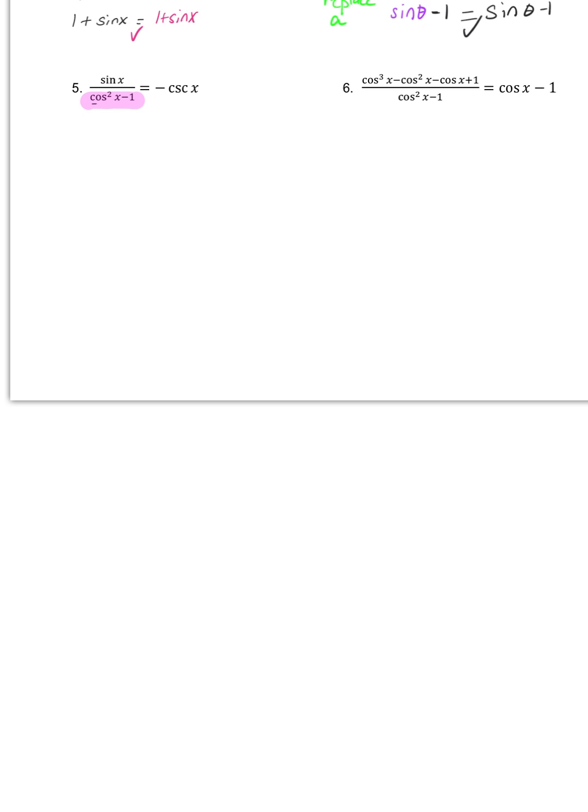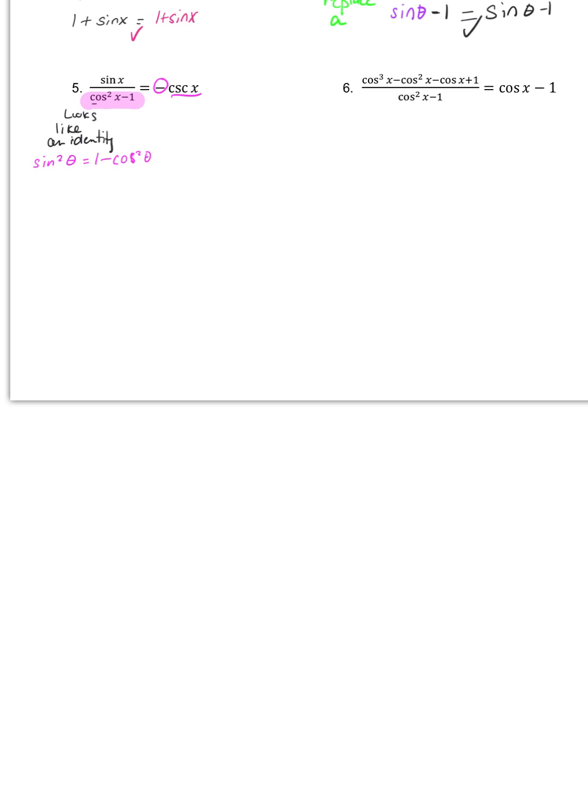So this looks like an identity. The identity I'm thinking of is one of the variations: sine squared theta equals 1 minus cosine squared theta. It's not quite what I have, but it's close. But when I look at the right side, I need a negative. There's no negative up here. I have to have a negative. I need this to be